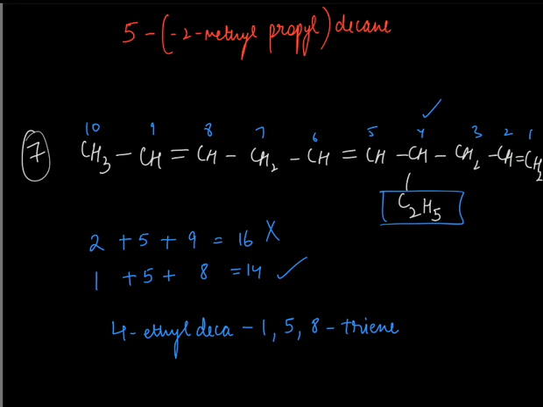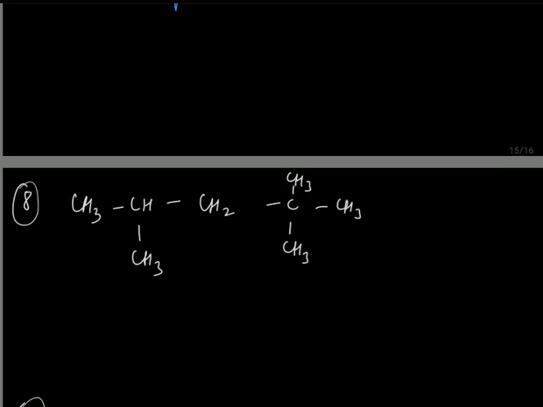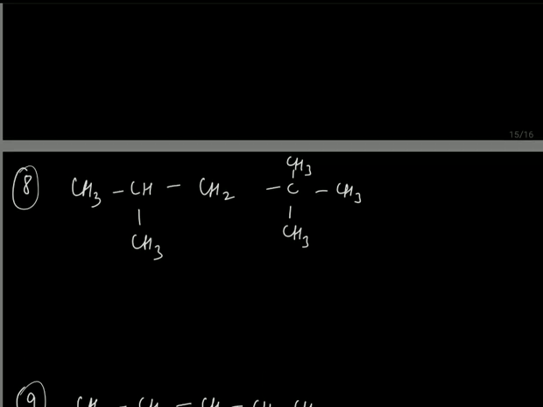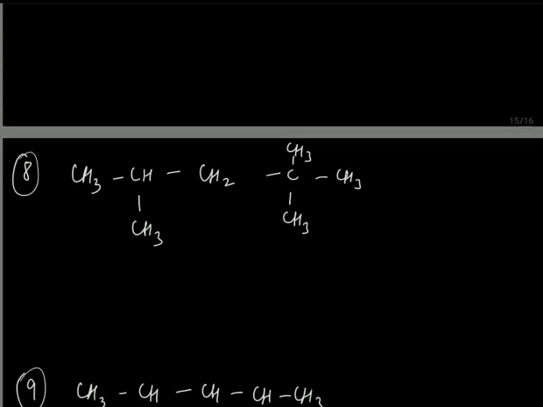Right? Moving to the next one. So this is a simple example actually, but yes, one concept we can understand through this. So if you see over here, from where we should start the numbering? Should we start from this side, like left hand side, or we should start from the right hand side? If you see, both the alkyl groups are going to fall on the 2nd position if you move from left or right, but which one to choose? So I would say, according to IUPAC nomenclature rules, we will be giving the lowest locant position to the more substituted carbon. So this is the more substituted because it has 2 alkyl groups over here.